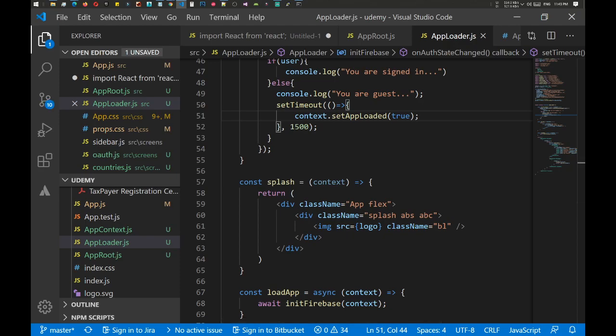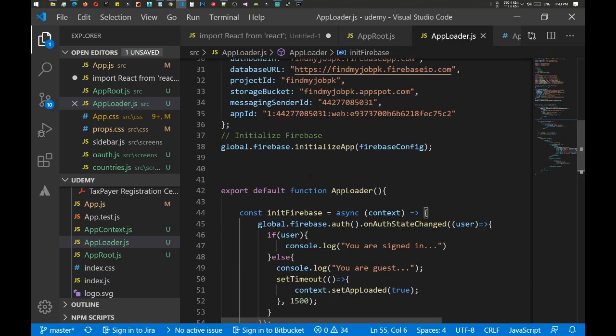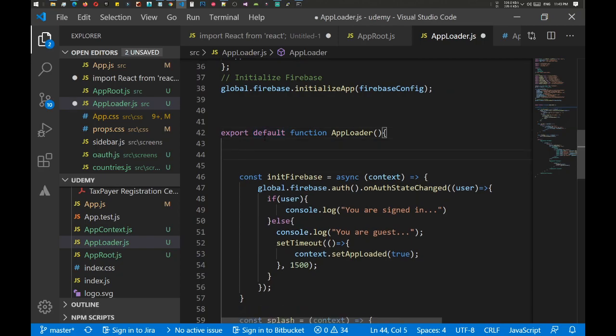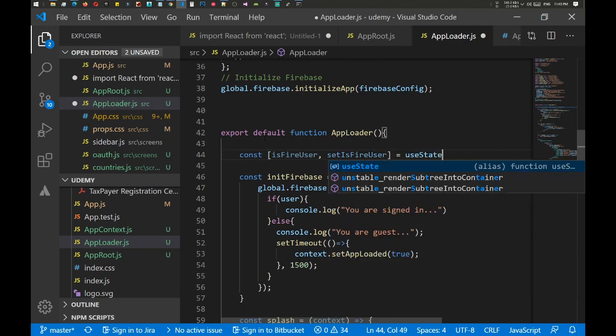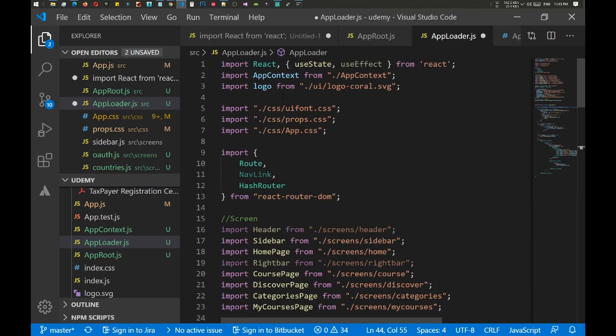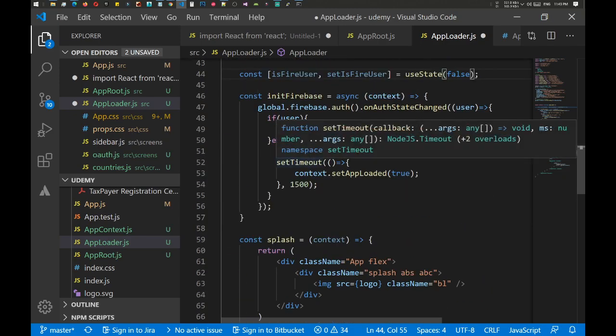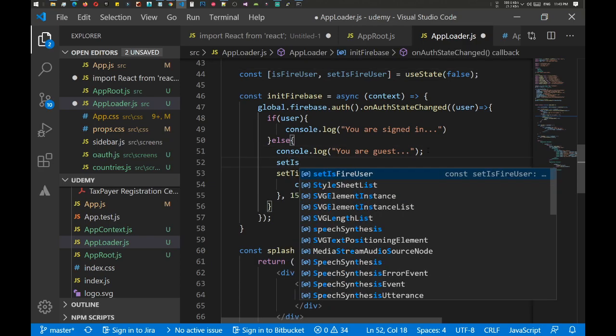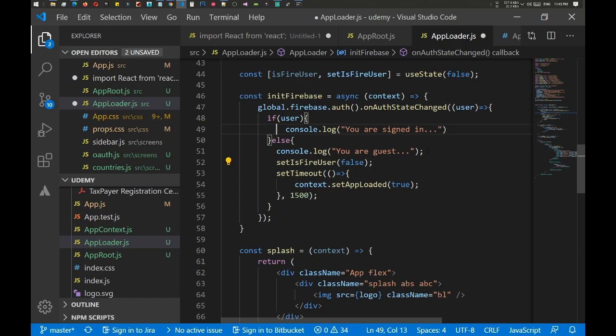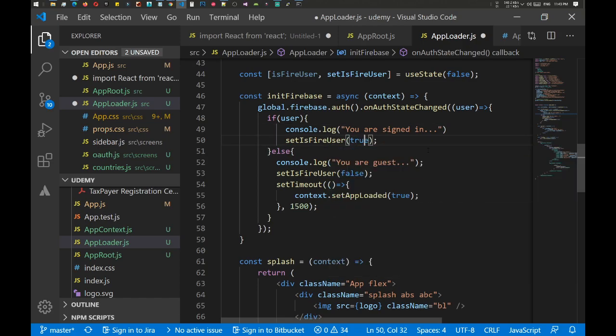Now we need to use the guest method if we are actually, let's go back and quickly add const and give it is fire user, set is fire user equals use state is false, and if I am great. So we need to change set is fire user false, and here we will set it to true for now. Let's save it, and we are done with our app loader for now. And if we go inside